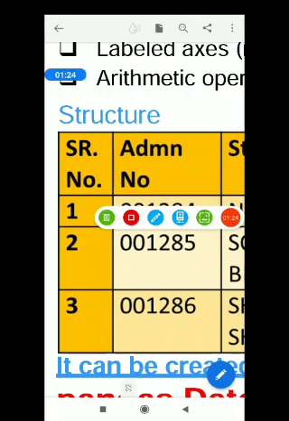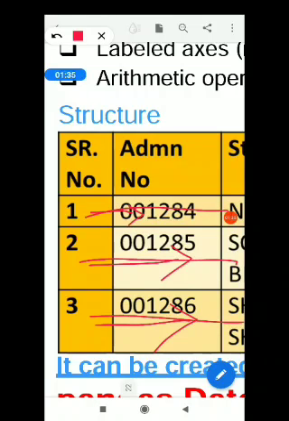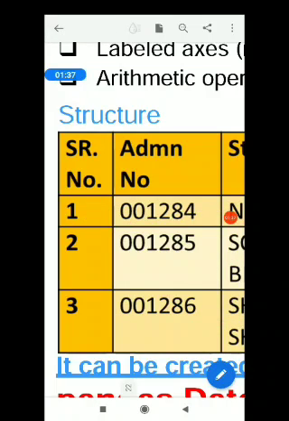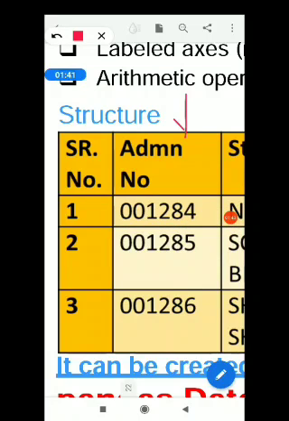This is row number 1, this is row number 2, and this is row number 3. So the horizontal listings are known as rows, whereas the vertical ones are called columns.